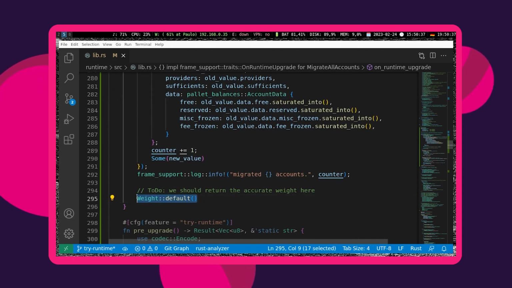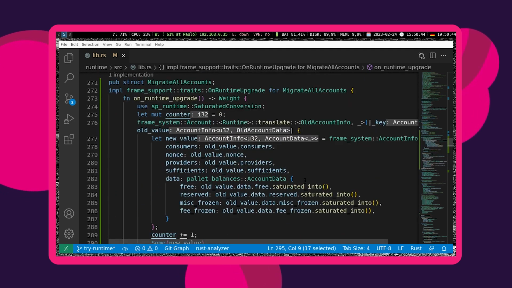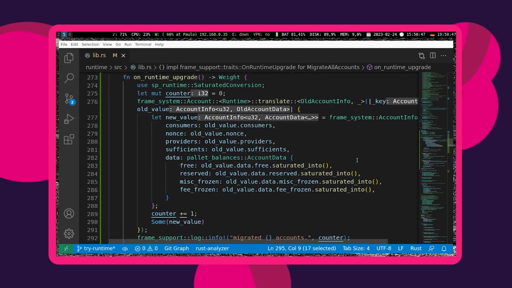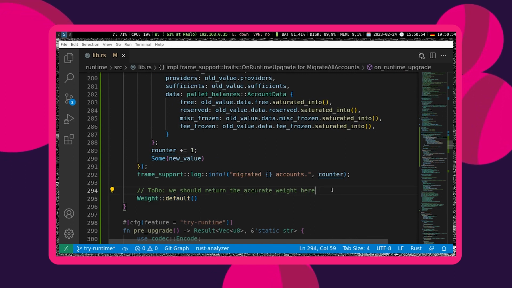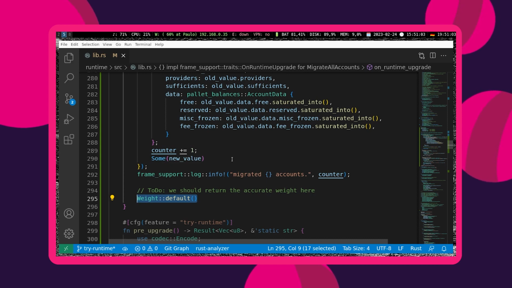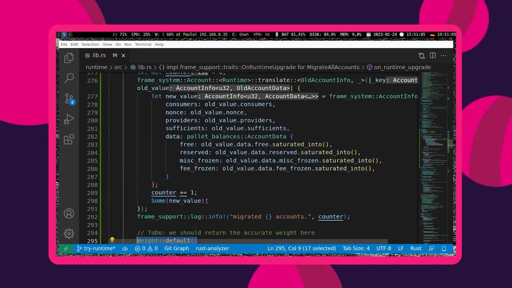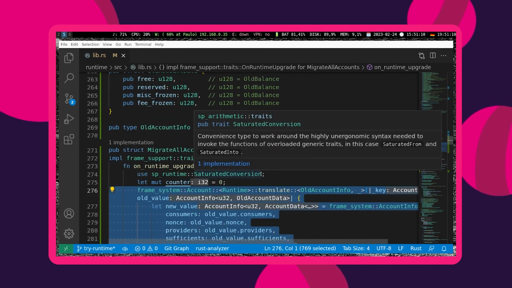And this function is returning a weight. Here I'm just returning 0 because I feel that benchmarking and weights are a little bit outside of the scope of this Polkadot Deep Dive session. But when doing this in production, you should have some knowledge on what benchmarks are, what weights are, and how to make sure that this is returning the correct weight, because this execution needs to be taken into account,